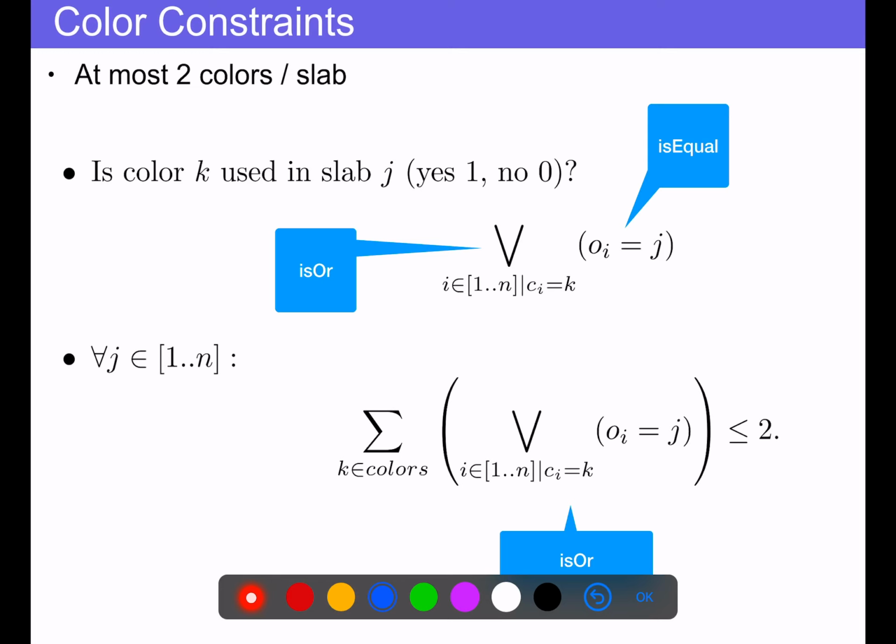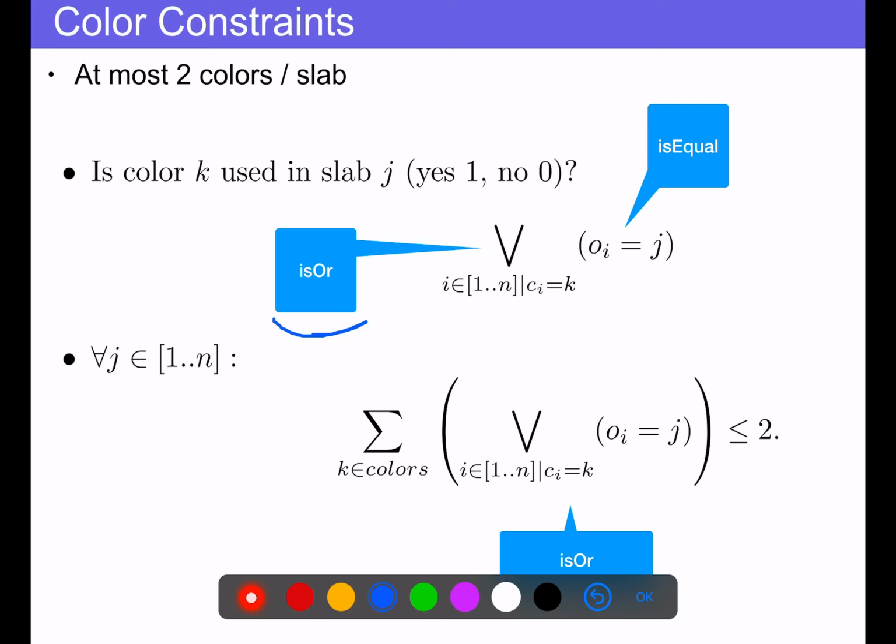I still need to model for my steel mill slab problem the at most 2 colors per slab constraint. And for that, I will use my reified OR constraint that I have introduced before. And the logical constraint that I will use is the is-OR. So the reified constraint is this one. Is-OR. I will enforce that